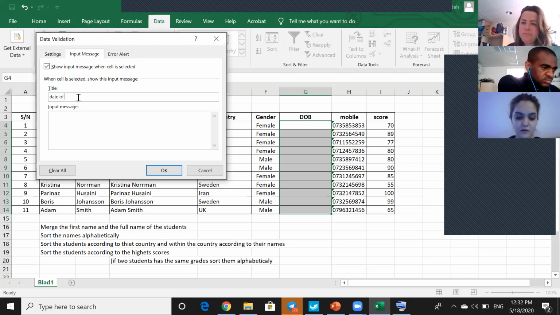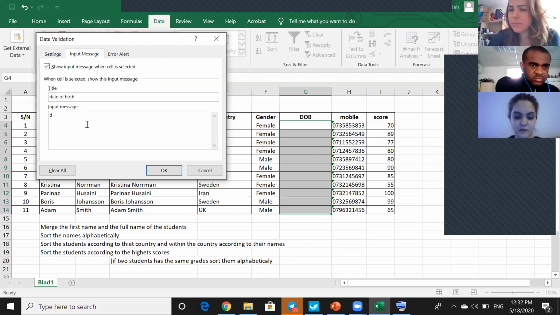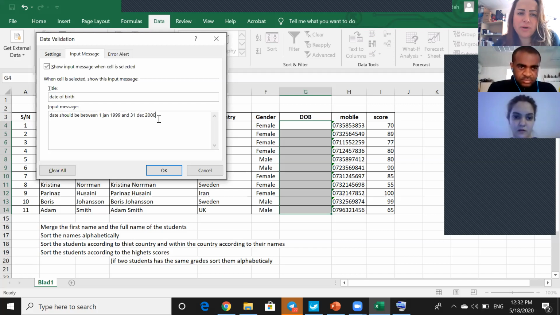Date of birth. Date should be between 1999 and December. You can copy this message and use it as it is in the error alert.